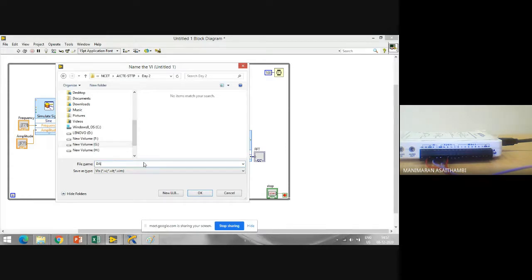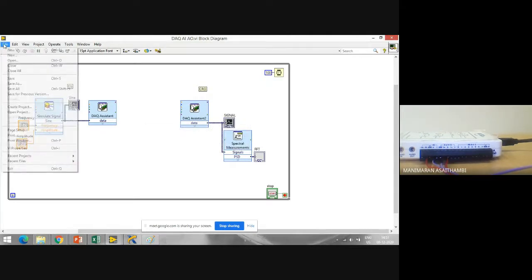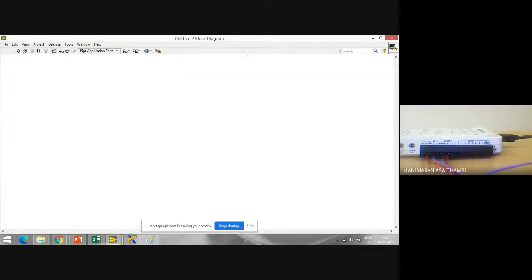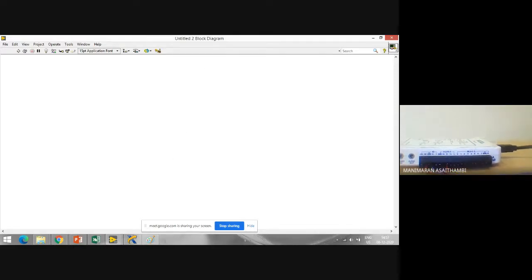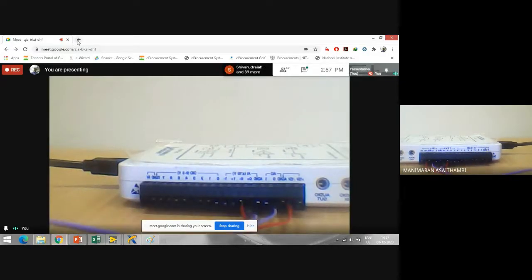So this is a DAC, analog in, analog out. For example, I have a few sensors also with me. For example, I have a temperature sensor, an LM35 sensor. I try to connect that sensor with this, and find out what is the temperature right now in my place. So first, I want to find out how those terminals are.